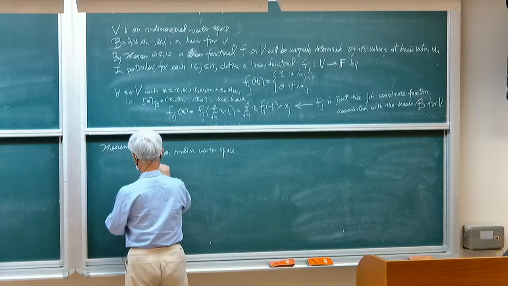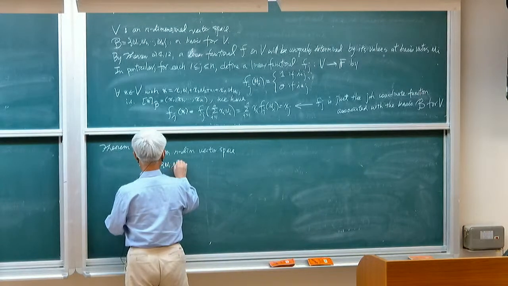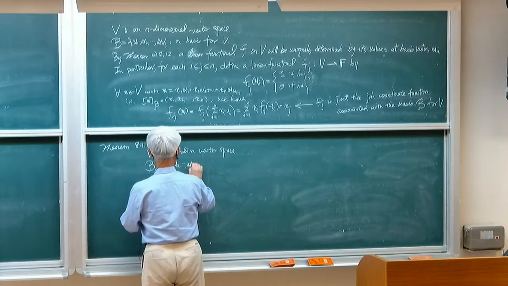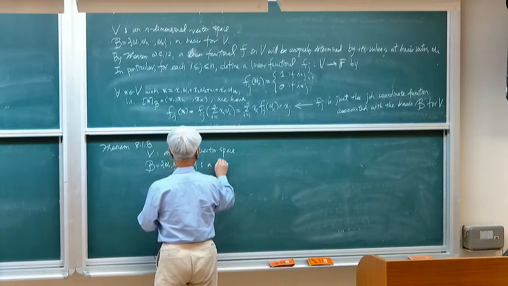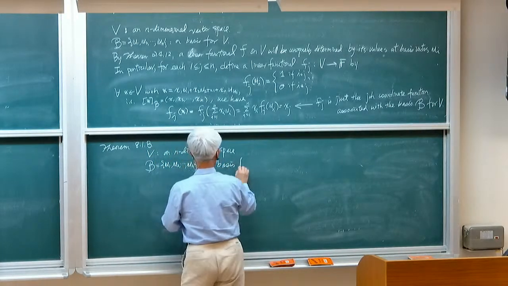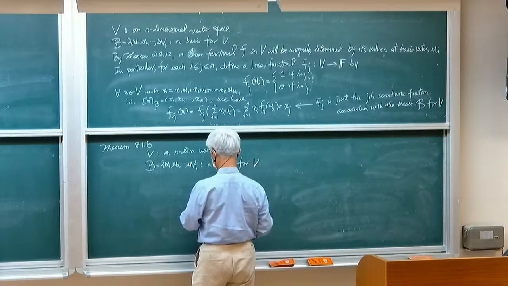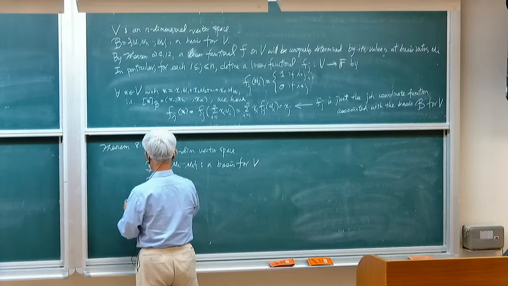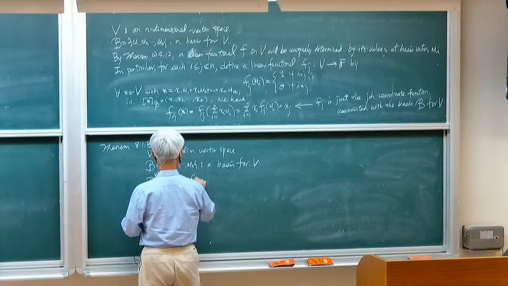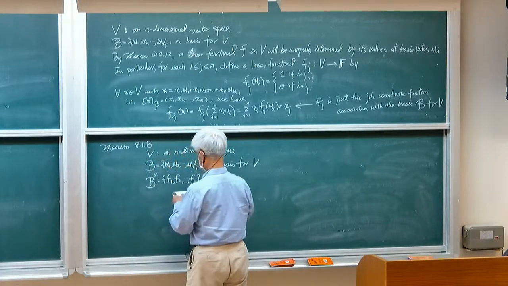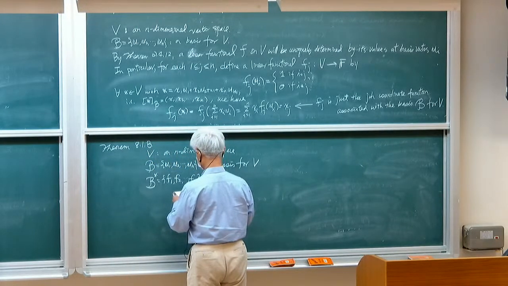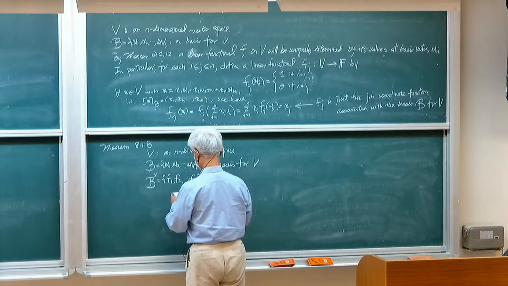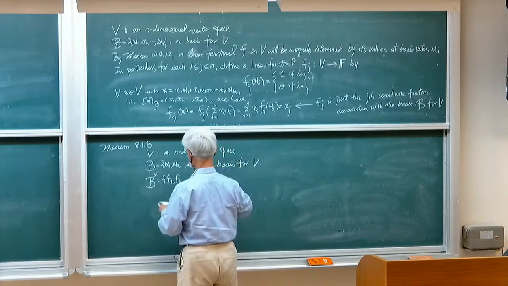B = {u1, u2, ..., un} is a basis for V. And B star is {f1, f2, ..., fn}. Okay? All right. Then,